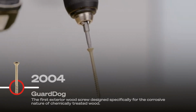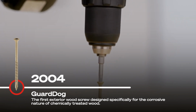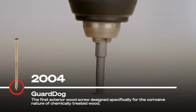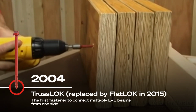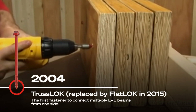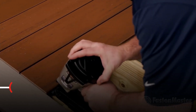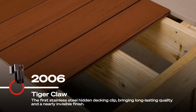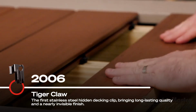In 2004, we introduced GuardDog, the first exterior wood screw specifically designed for use in newer chemically treated wood. That same year, we developed TrussLOK, the first fastener to connect multiple ply LVL beams all from one side. In 2006, Tiger Claw was introduced as the first stainless steel hidden decking clip, bringing long-lasting quality and a nearly